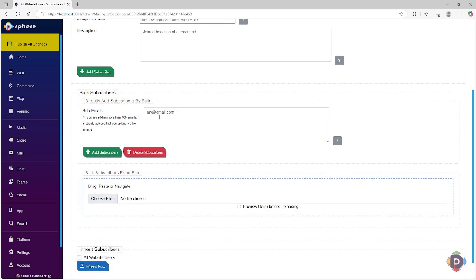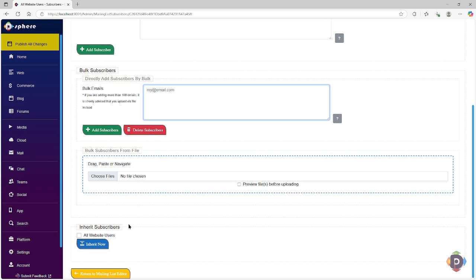Or you can go bulk subscribers. You can add subscriber after subscriber, where everyone is on one line after another line after another line. So you can take a big spreadsheet and just throw that in here. Now, if you have a specific spreadsheet-like file, you can also upload that file here, a CSV file, and it will then automatically pull in all of the data. You've got to merge it. I'll show you how I can do that in another video another time. And then from there, boom, you can now add an infinite number of email subscribers to your list.